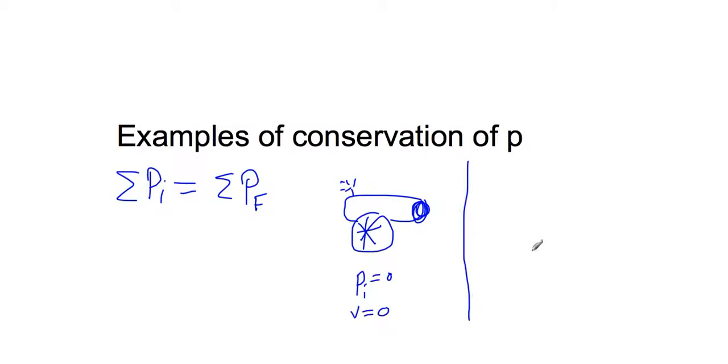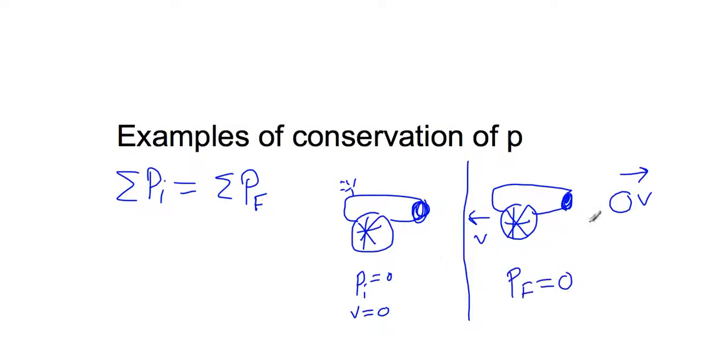If we go after, this cannon is going to recoil. You wouldn't want to stand behind a cannon that just launched a cannonball because it's going to be moving backwards with some velocity towards you. We hopefully understand that now there's a cannonball that's moving forward with some velocity, which implies that there's momentum now. Before there was no momentum, but now there's definitely momentum. However, the momentum at the end must equal 0 because of our conservation statement, which means this has some negative momentum, this has some positive momentum. But when I add this momentum up, the final momentum is going to be the positive momentum of the ball